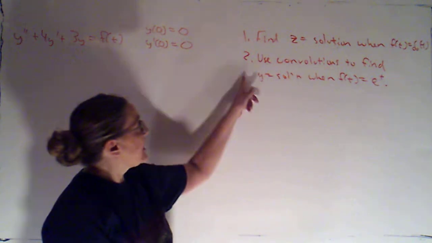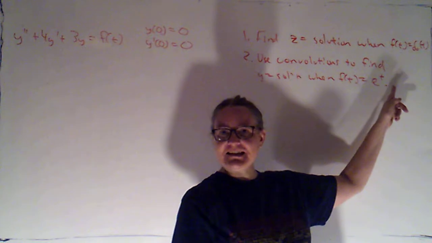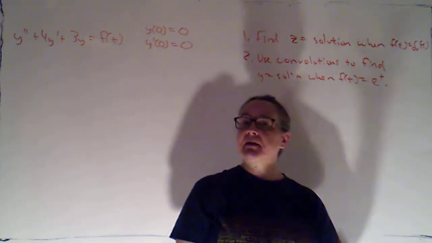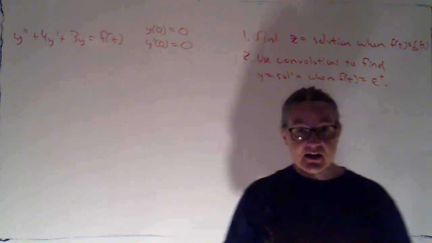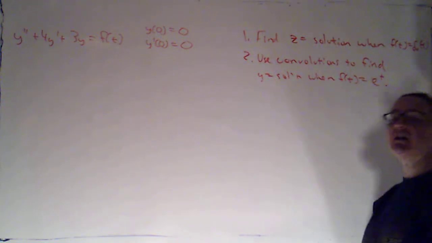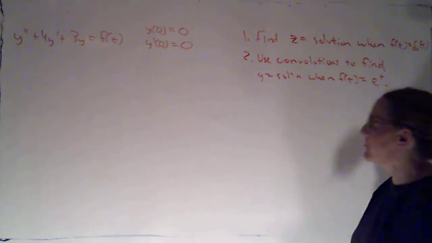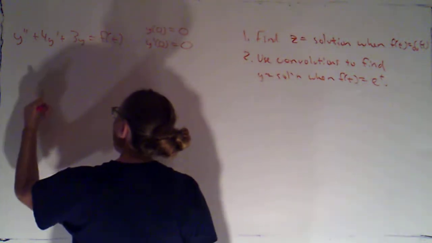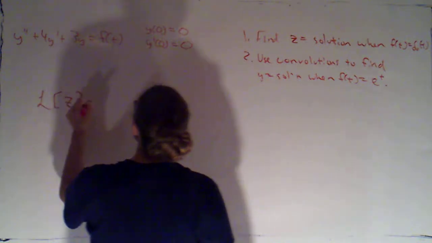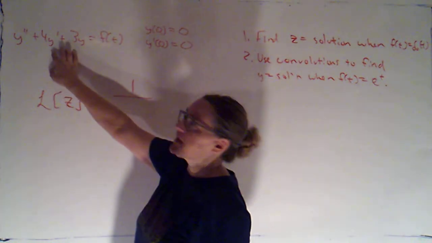And then we're going to use convolutions to find y, the solution when our forcing function is e to the t. And what I'm going to suggest is that at this point you pause the video, try to work that through, and then tune back in to check your work. Welcome back. Okay, so I know that the Laplace transform of z is just 1 over the characteristic polynomial that I get from this left-hand side,